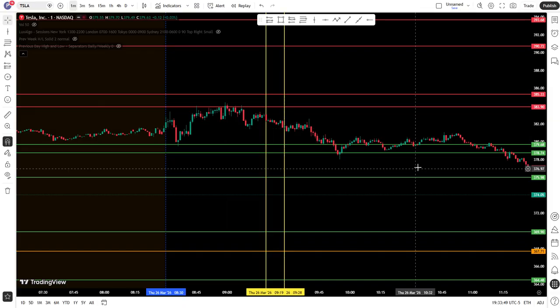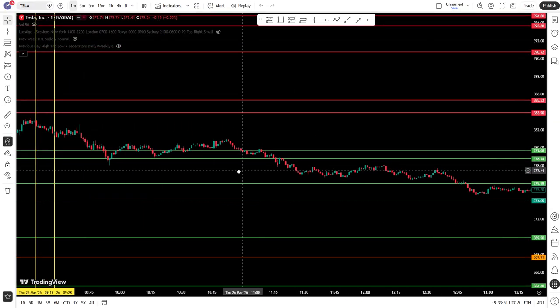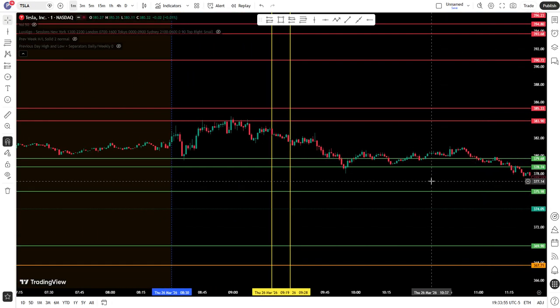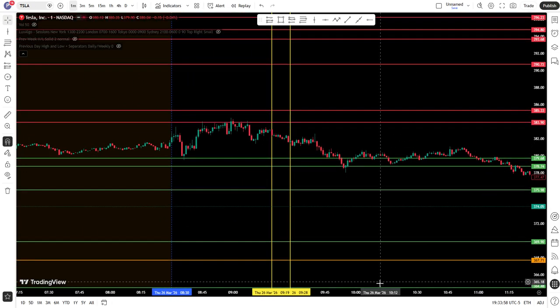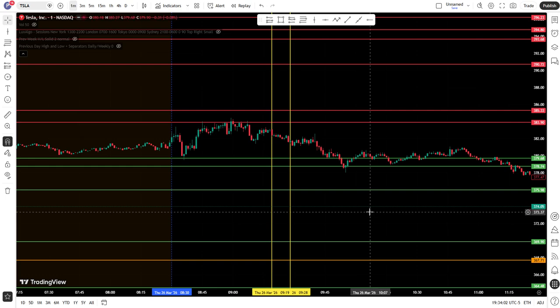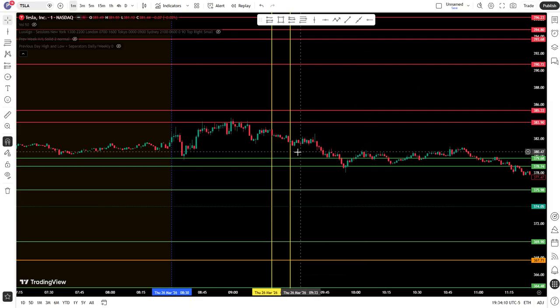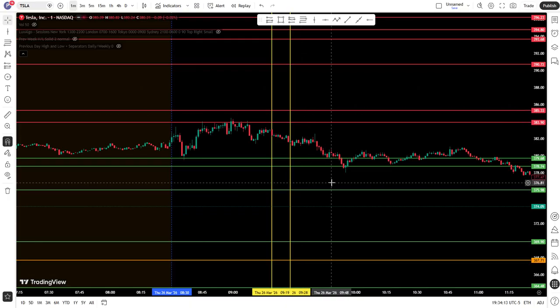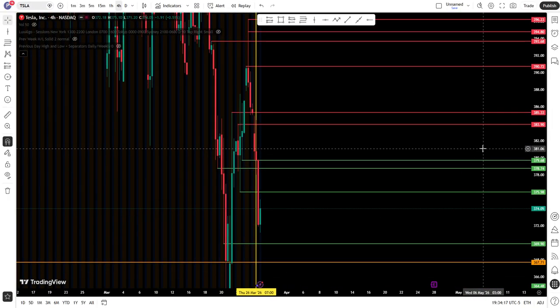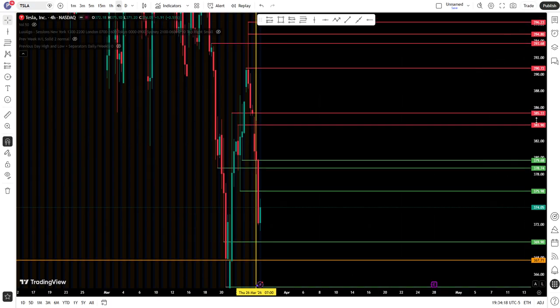Again, we could have made a lot more if we stayed in the market longer, but I chose to get out a little early today. So that's essentially what I wanted to highlight from today's trading. And like I said, in future videos, I'll talk more in depth about how to set up the chart with these lines. But for now, I'll do a quick little description of the